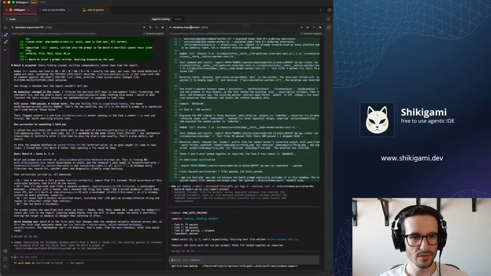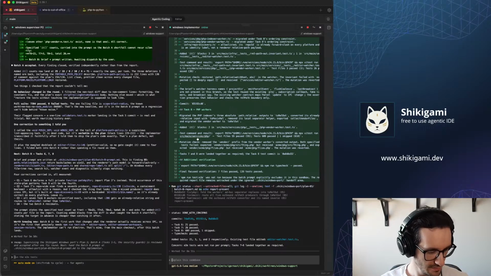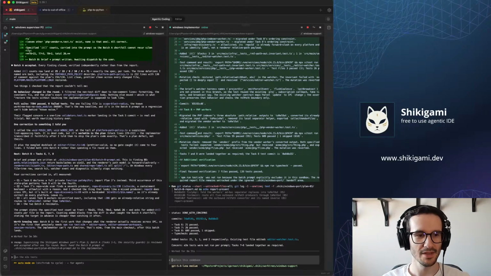So, Windows support, and recently I used this setup. On the left you see the session on the left side. This is a session that uses Claude Code agent and Opus model. And then on the right side is a cheaper GPT 5.6 Luna model that is acting as an implementer. And I would like to show you now